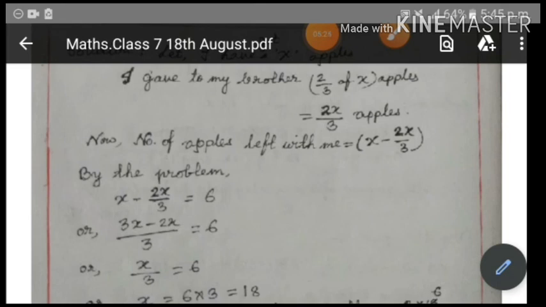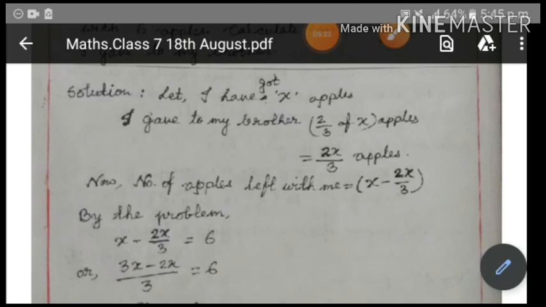Means suppose here just the last sum which we have done, here the number of apples which I have given to my brother was dependent on the apples which I have got. So in that case I have taken the number of apples which I have as x. Understood? So in these type of sums you need to understand which quantity to take as x. You will always take that one only as x, or any other variable of your wish you can take. It is not mandatory that you have to take x only, you can take any other alphabets of your wish. But in the question if it is mentioned that take this one as x, in that case you will have to take x.